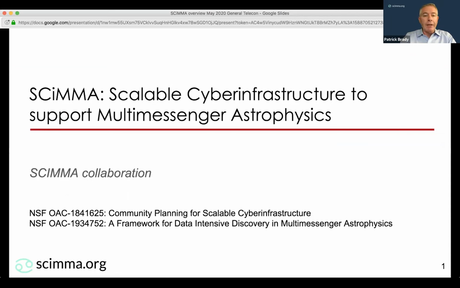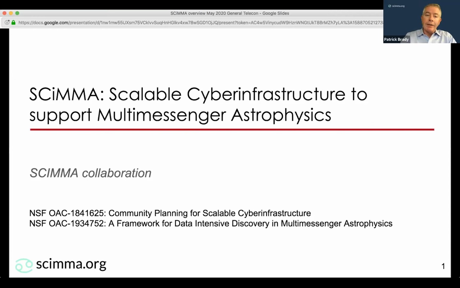Subsequently, we decided to propose for a community planning grant, which is the first of the two grants referenced on the front page here, which we were ramping up when we were made aware that there was a second opportunity to actually seek funding under the Harnessing the Data Revolution frameworks